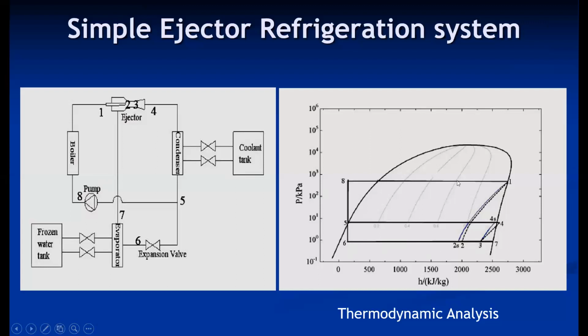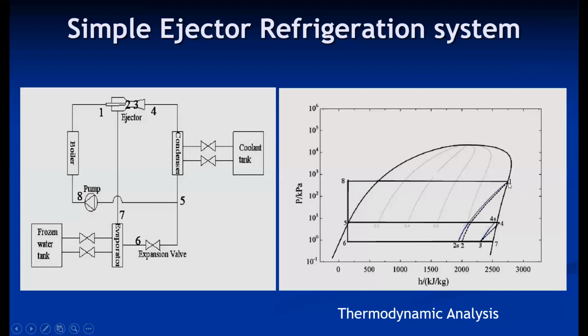So this is a three pressure system. Suppose this is our evaporator pressure line, this is our condenser pressure line, and this is our generator pressure line. So these are the three pressure lines: the pressure in the boiler, the pressure in the evaporator, and the pressure in the condenser. That is the evaporating pressure, the condensing pressure, and this is called the boiling pressure. So we start from point number one.